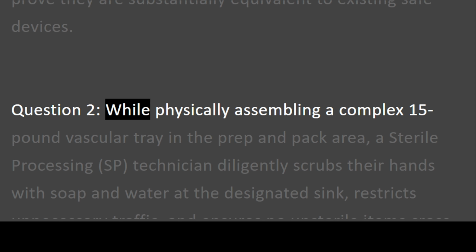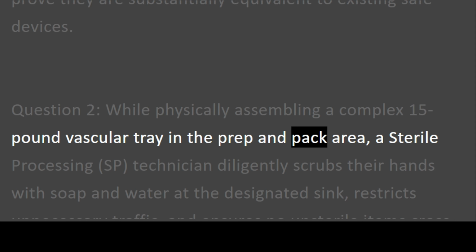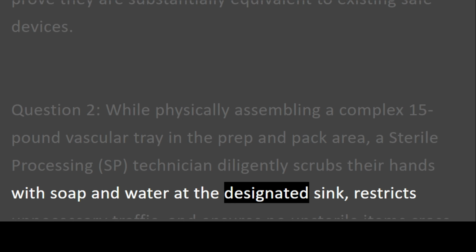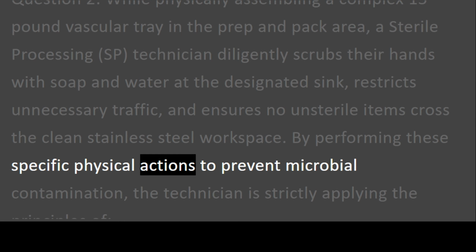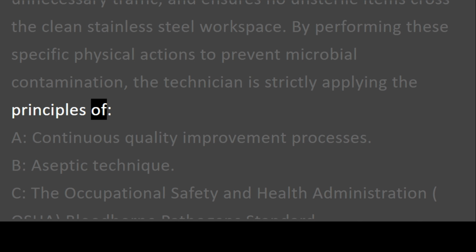Question 2. While physically assembling a complex 15-pound vascular tray in the prep and pack area, a sterile processing (SP) technician diligently scrubs their hands with soap and water at the designated sink, restricts unnecessary traffic, and ensures no unsterile items cross the clean stainless steel workspace. By performing these specific physical actions to prevent microbial contamination, the technician is strictly applying the principles of